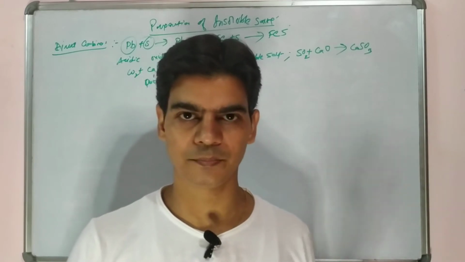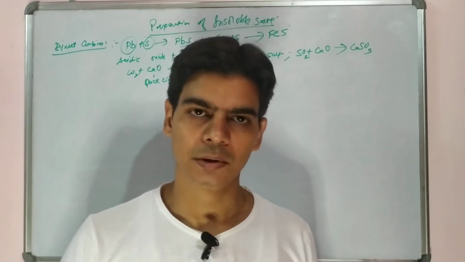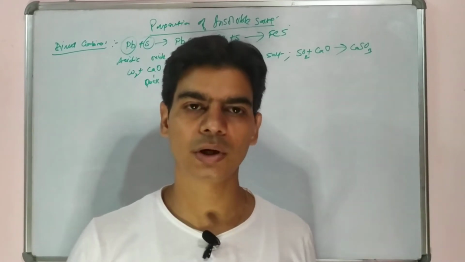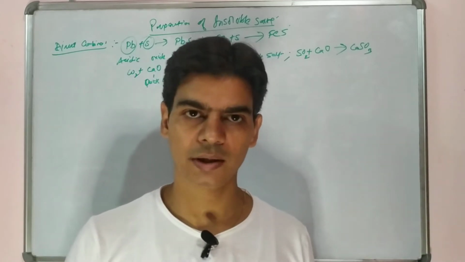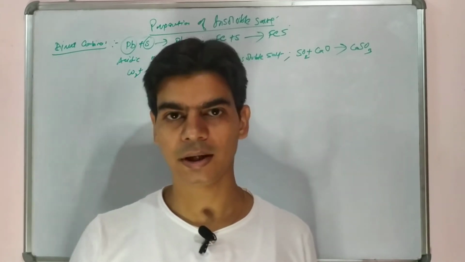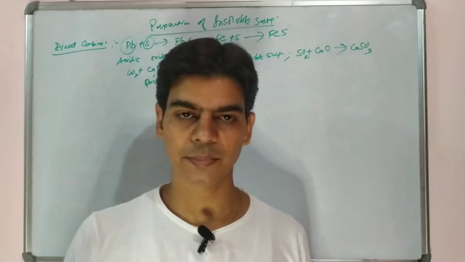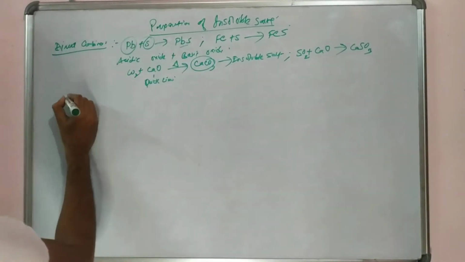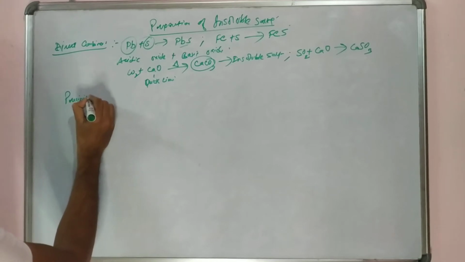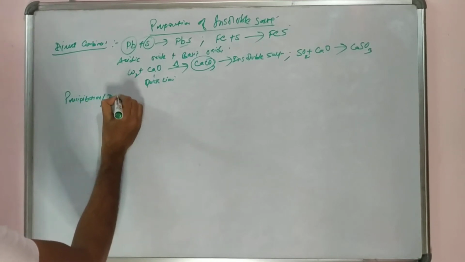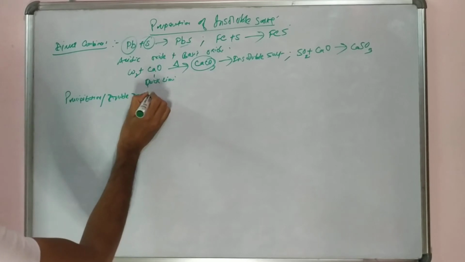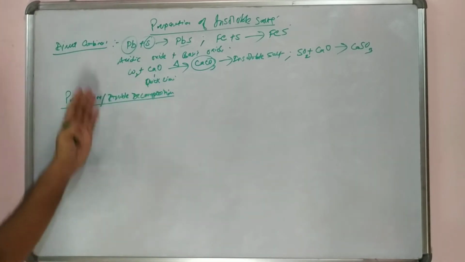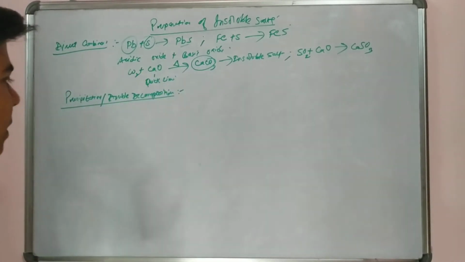We'll see this in the reactions we'll do here. Precipitation is wherein two solutions mix together, like silver nitrate and hydrochloric acid, or silver nitrate and sodium chloride, which mix together to give silver chloride. We know silver chloride is a solid, a precipitate. You will see a white precipitate of silver chloride. So the method is precipitation or double decomposition. Let's see how, using a double decomposition reaction, we get a precipitate.